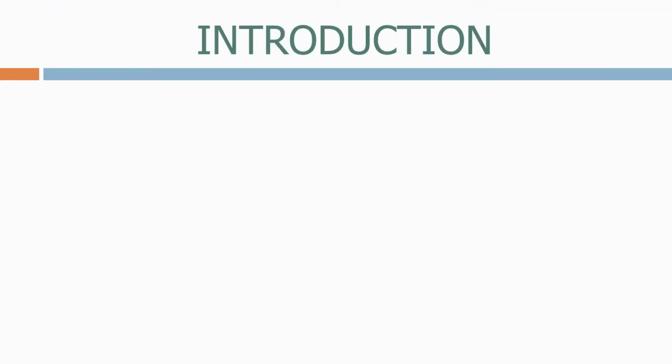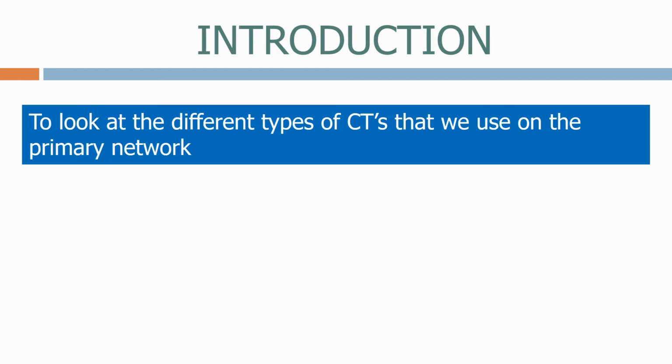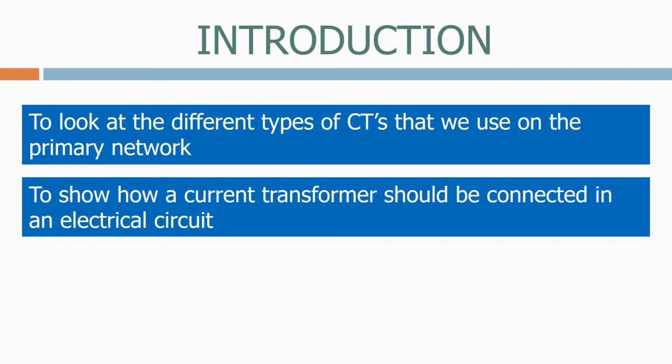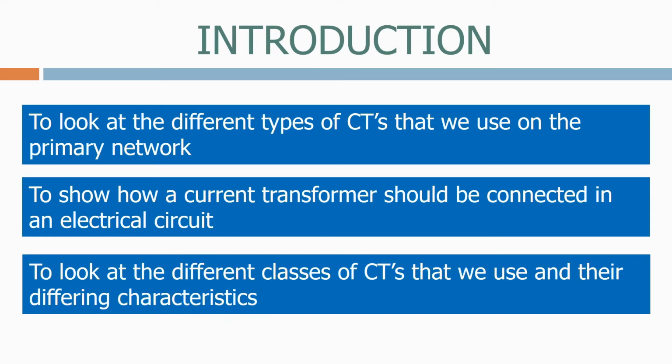The aims of the course today are to look at the different types of CTs that we use on the primary network, to show how a current transformer should be connected in an electrical circuit, to look at the different classes of CTs that we use and their differing characteristics,